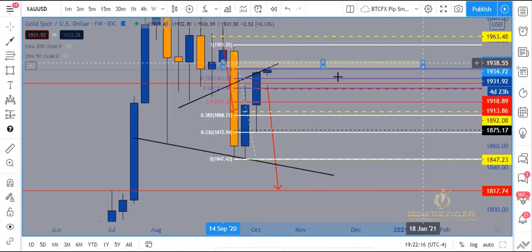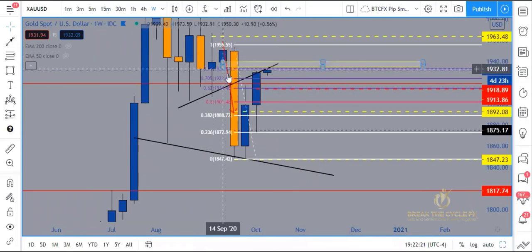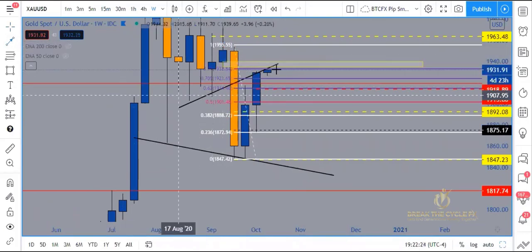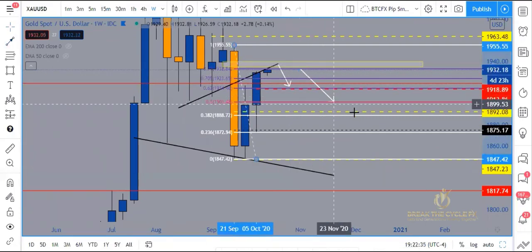Okay, we gotta see what happens right in here. We could easily get a rejection from that as far as here. We could easily get rejection anywhere in this area back down, at least to the 0.62, okay? And then after that, our next target would be back down to the 50. And then after that, we'll see what happens, all right? So on gold,